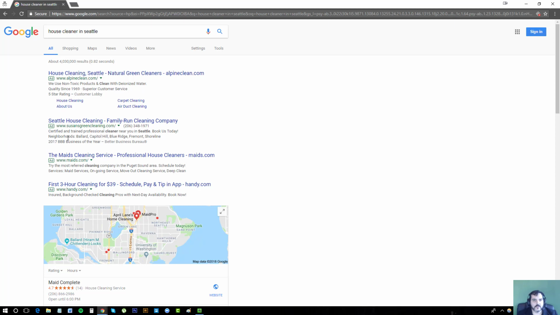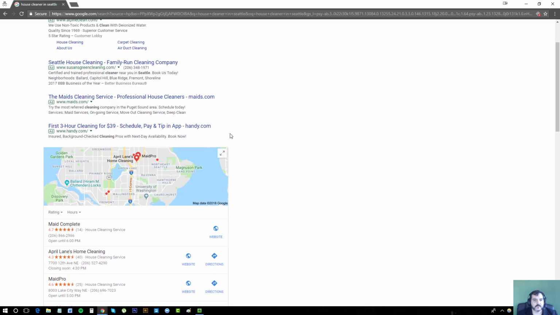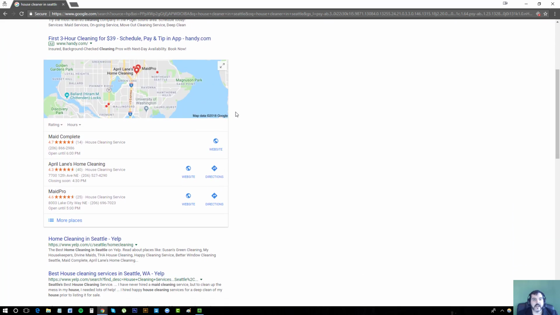So most people know that these top ones here are advertisements, meaning people are paying money to have this information shown here. And you can tell that by it says ad, ad, ad, ad. And this next area is called the snack pack, and this is places that have mostly what's called a Google My Business listing. It's just a listing that can be created for free by anybody and allows you to get